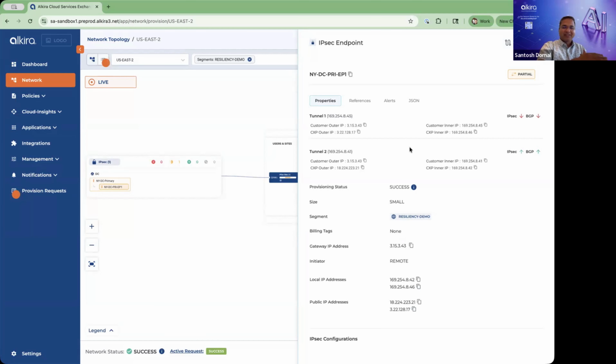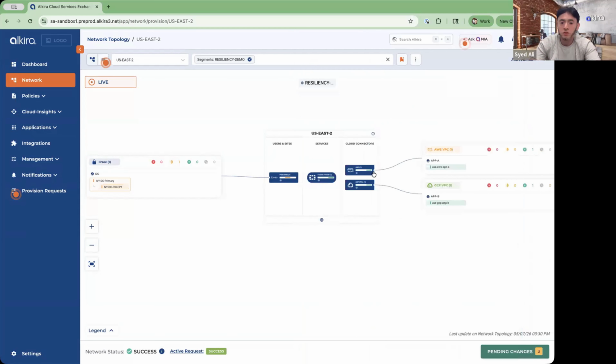Both availability zones are active all the time, and the moment we start noticing that the metrics are saying we see a degradation or a failure event, we start rerouting the traffic. Now you see that it has turned to yellow, and it's saying it's partial and the tunnel has gone down. So in this particular case, I am assuming you have taken down a link on the other side, and nothing has actually failed on our Alkira side, right?